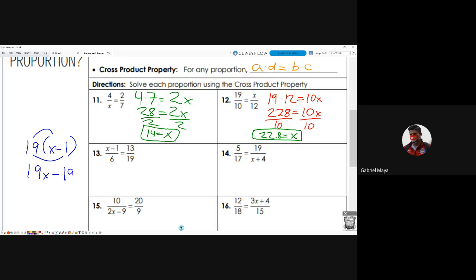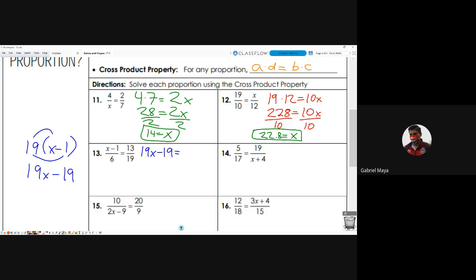Negative 19. So you're going to get 19x minus 19 equals